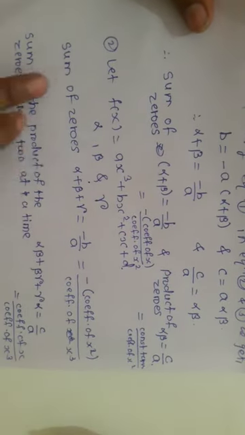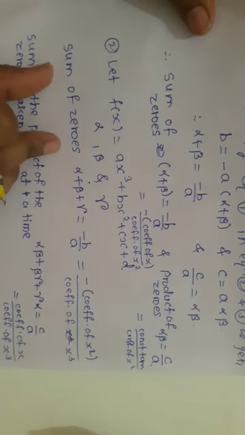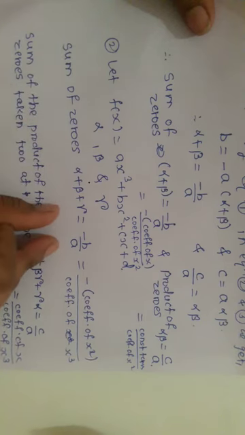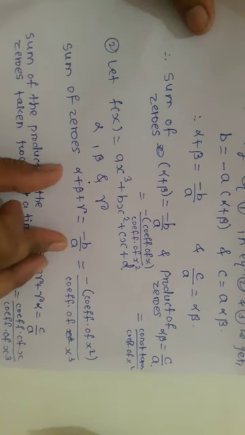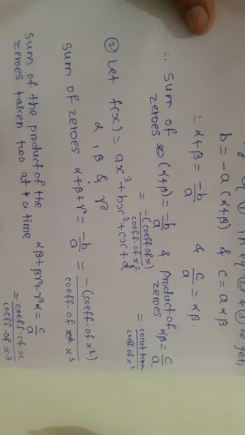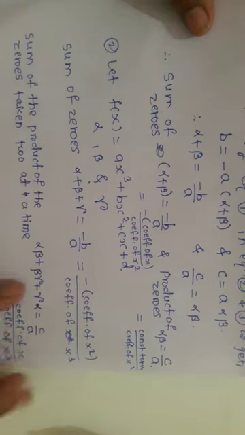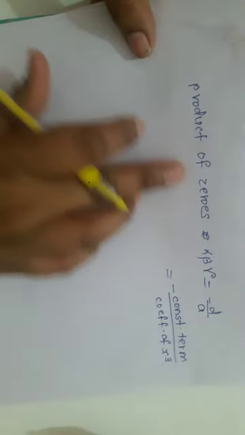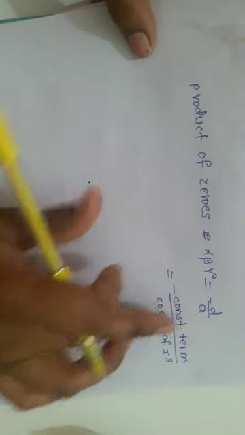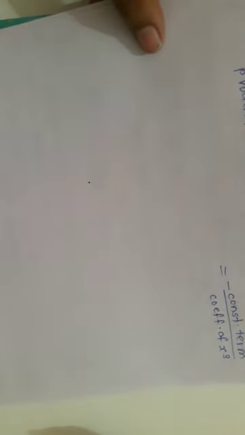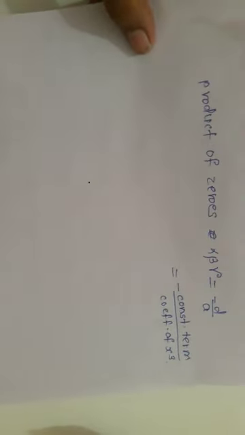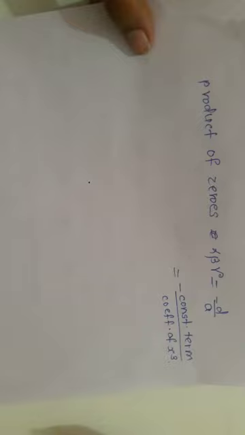And if we have to check the relation between zeros and coefficient of a cubic polynomial, then we have to check sum of zeros alpha plus beta plus gamma is equal to minus b upon A. Again these two sides are equal. Sum of product of zeros taken 2 at a time, again these two sides equal. And product of zeros alpha beta gamma is equal to minus d upon A. Again these two sides become equal. Okay, so this is all about the relation between coefficient and zeros of a polynomial.